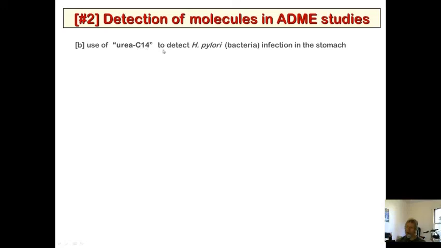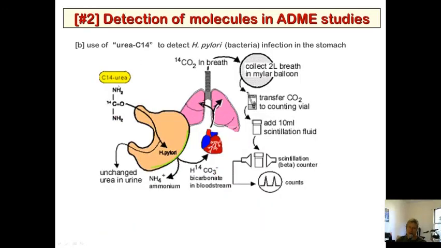And then there's a trick to basically analyze that through exhaled CO2. This is what it looks like. So here's the C14 urea. So there's urea with the C14 label. You eat it or consume it, and it enters your stomach. And the trick here is that H. pylori has enzymes in it, in the bacteria, called ureases. What does that do? Well, that